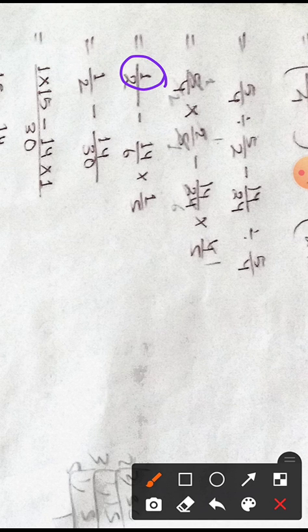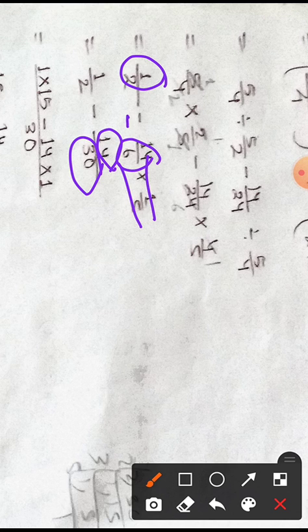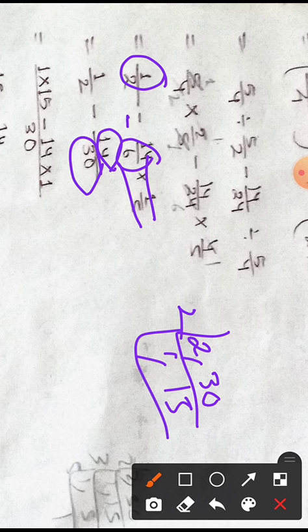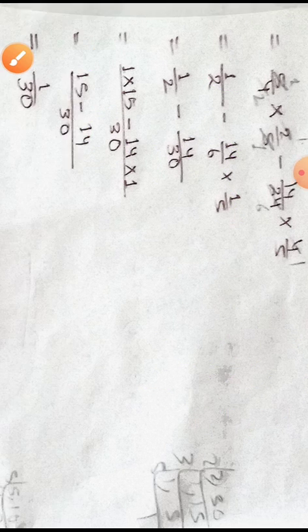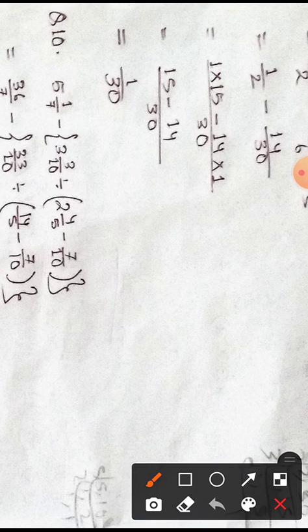the new number is 1 by 2 minus 14 by 6 into 1 by 5. We'll multiply 14 into 1, you'll get 14, 6 fives are 30. So now you find the LCM of 2 and 30. So 2 ones are 2 and 2 fifteens are 30. Then again you have to take 3, and 3 fives are 15 and 5 ones are 5. Now 5 twos are 10 and 10 threes are 30, so LCM is 30 here.